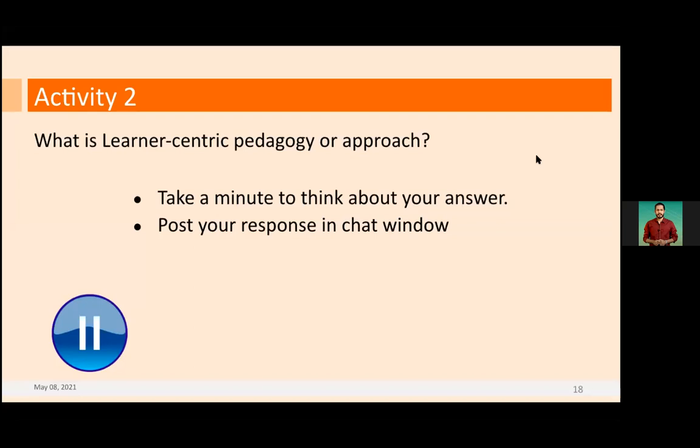A customary approach that will facilitate students. Keeping learner interest at priority. That is a good point. Focus on learner. Okay, so that's what happens when we just respond in terms of phrases or keywords. So if I have a full statement, thinking from the student side and making activity accordingly, this is a good statement. Activity based teaching.